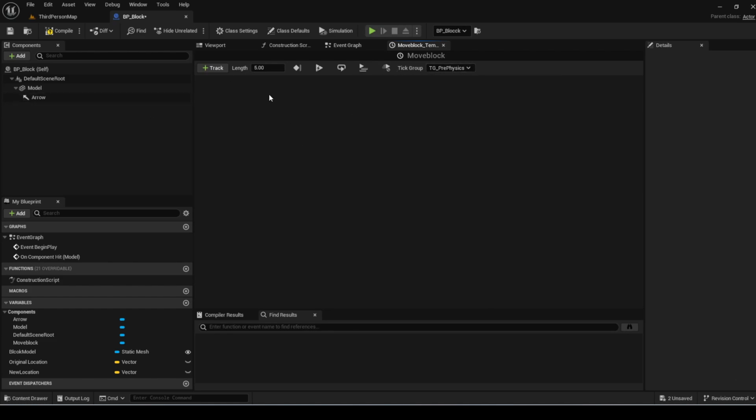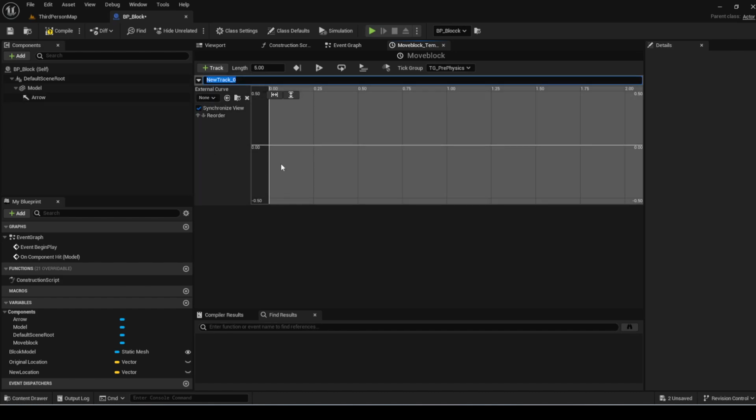And right now it's empty, and we're going to create a float track. There are a few different types of tracks. Let's create a float track for now, first one, and let's call this block movement,